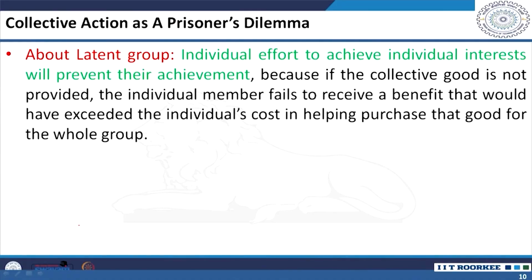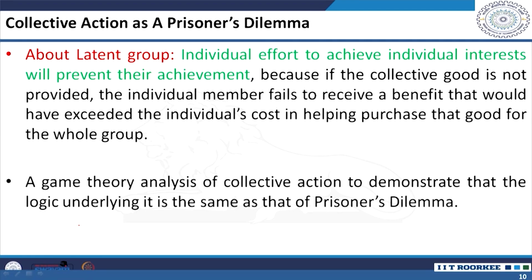There we talked about the concept of latent groups. So, if you are analyzing the latent groups, then here individual effort to achieve the individual interest will prevent their achievement, because if the collective good is not provided, then the individual member fails to receive a benefit that would have exceeded the individual cost in helping purchase that good for the whole group. So, in this context, what we have actually understood is that individual effort to achieve the particular individual interest will actually prevent their group achievement,